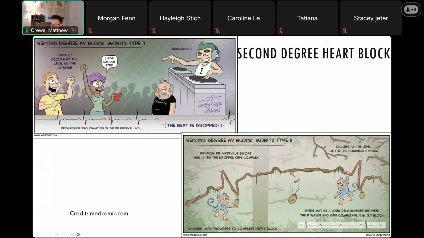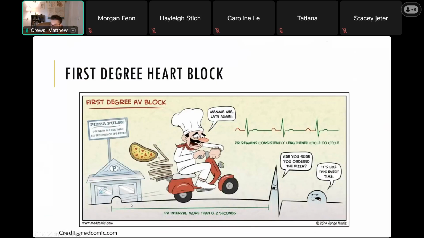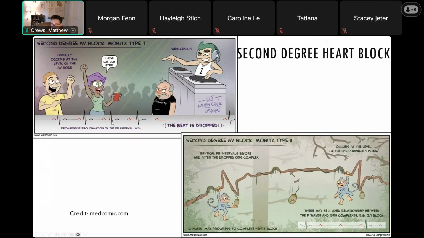If this is elongated, this is steadily elongated, this is extending the elongation time. So that's a Mobitz 1. Mobitz 2 is normal PR, but it's getting dropped later during the cycle. So you might not get a